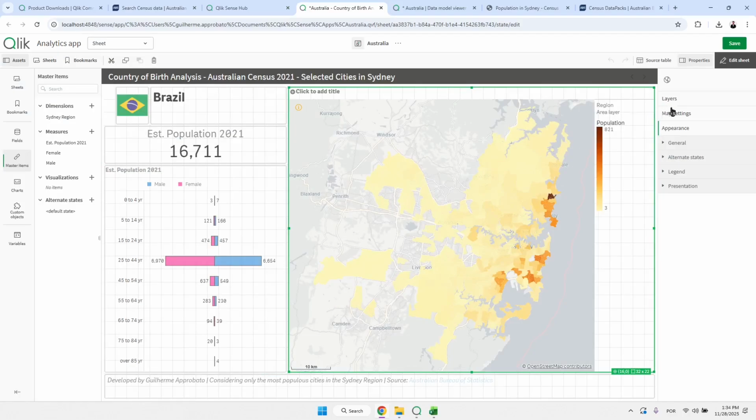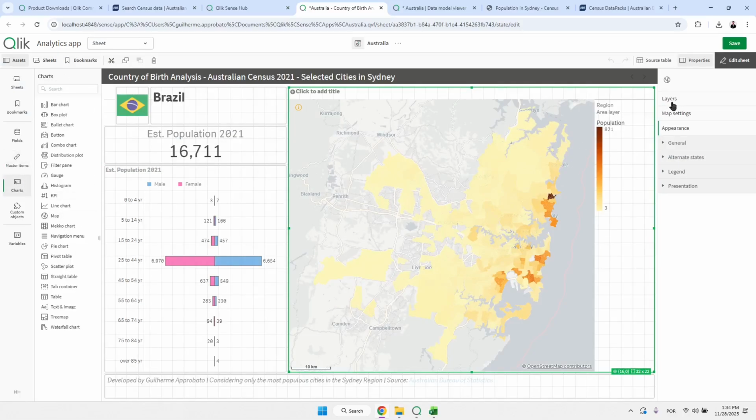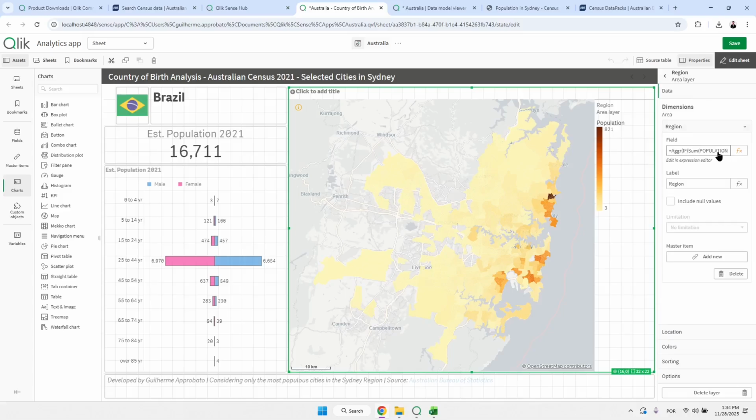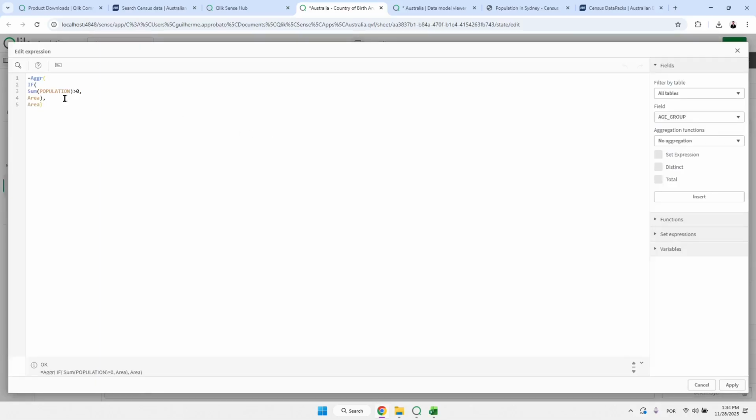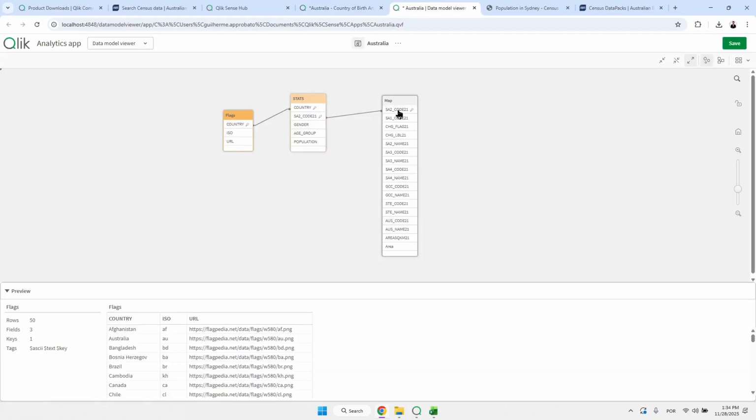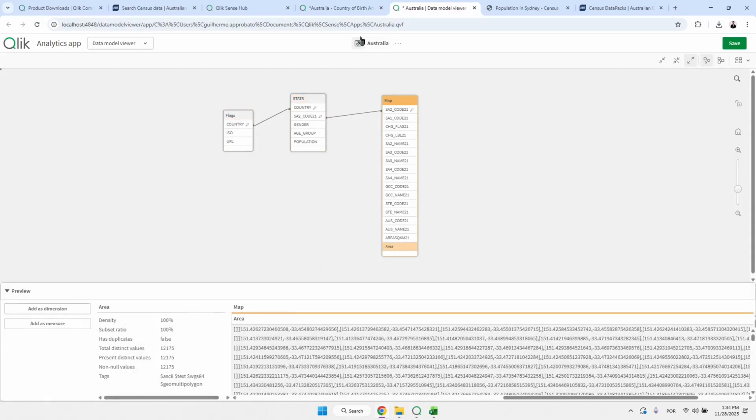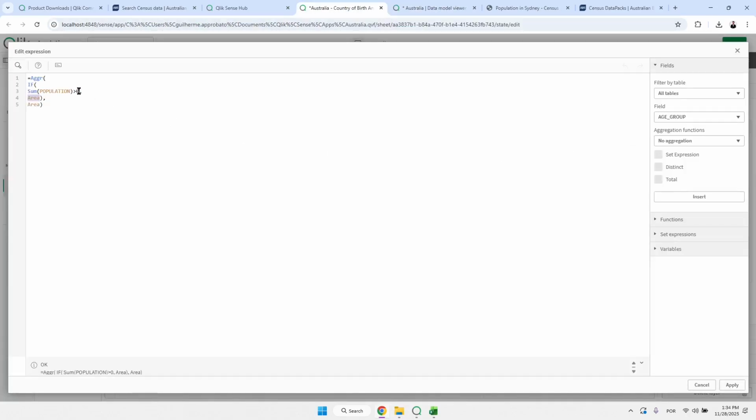On the map, this is basically the map chart, so native Qlik map. On the layer, I have an area layer. Data point is basically the area. Okay, so I have a column that's called area right here. And I'm just bringing whatever we have with a population greater than 0, okay?